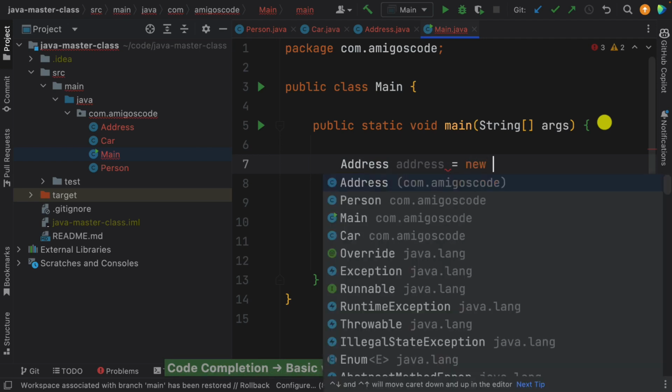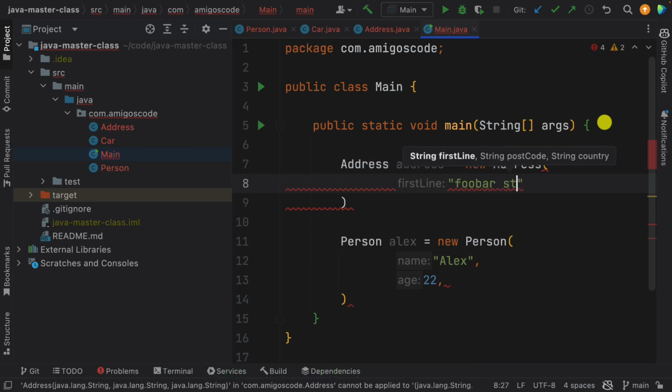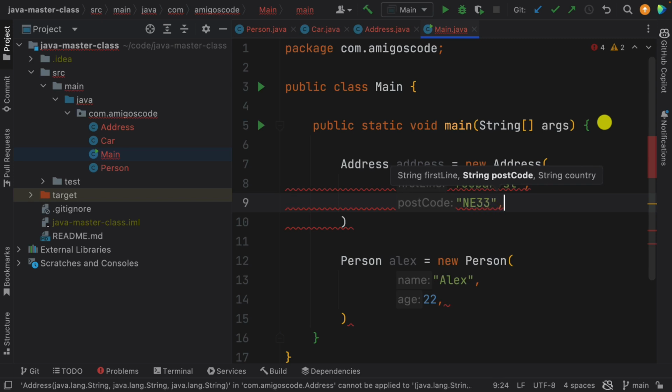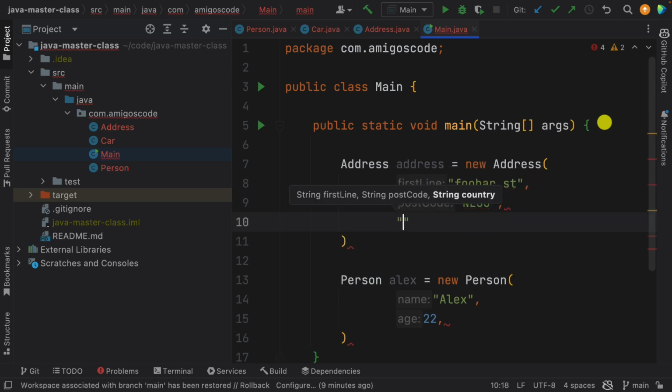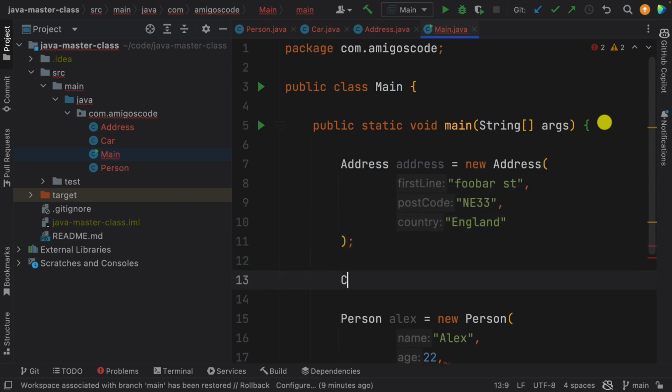equals new Address, and inside of the address we have to pass the first line. Let's just say Foobar Street. The postcode will be, I don't know, maybe NE33. This is just a random postcode, and then the country, let's just say England. Okie dokie. Now let's have a car. So car